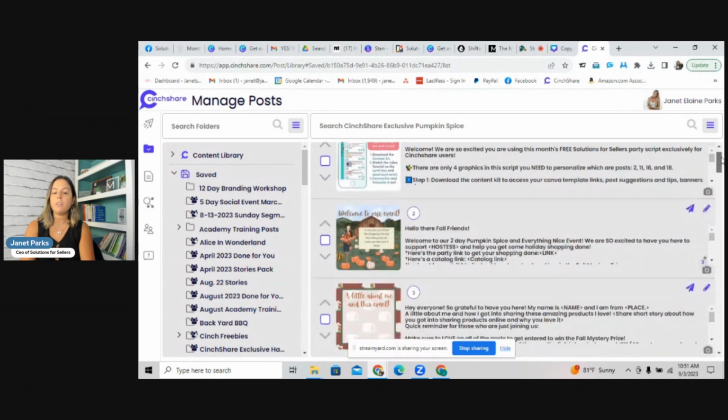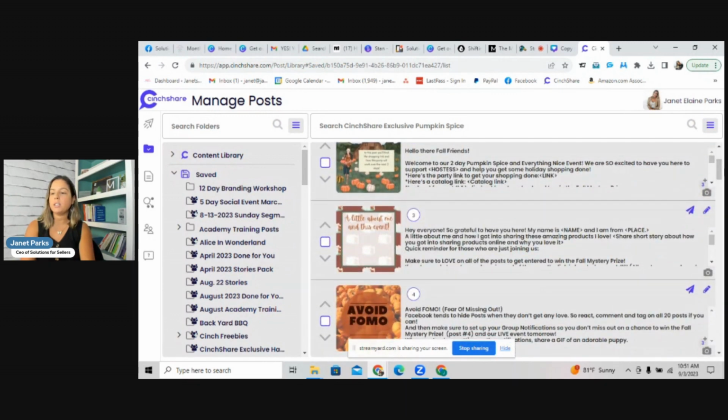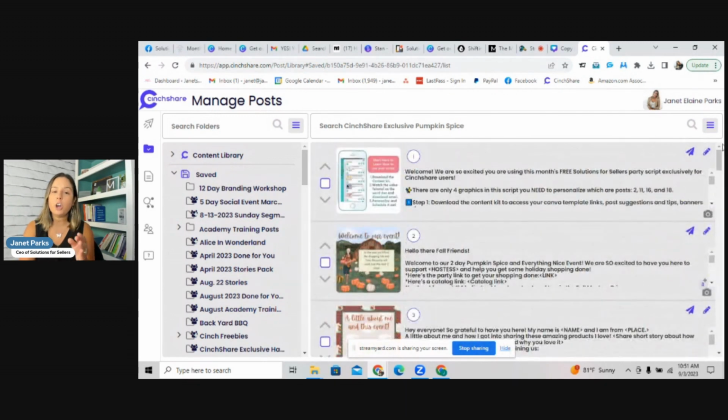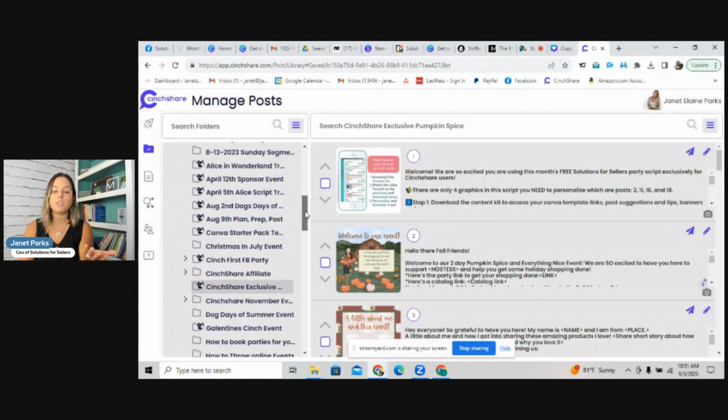So you can see that there's graphics, you can see the captions, right? But what you're going to notice is that you're not going to have this pencil icon on the top right-hand corner like I have, okay? Do you guys see that it looks like just an envelope? That means that you need to make a copy of this folder in your library so that you can edit this script. And when you have full editing rights, you can edit your captions and your graphics, which I'm going to show you how to do. But first things first, let's make a copy of this script, okay?